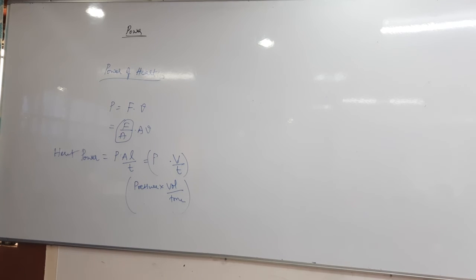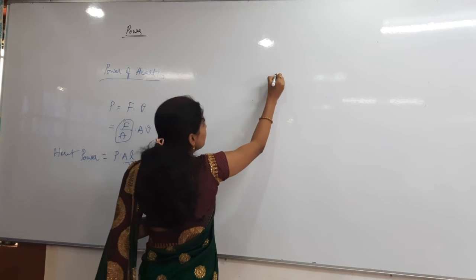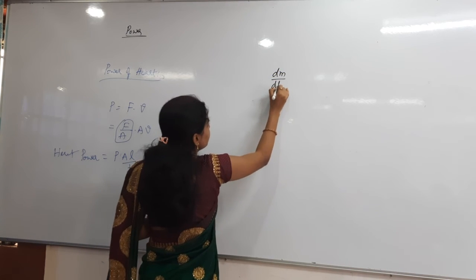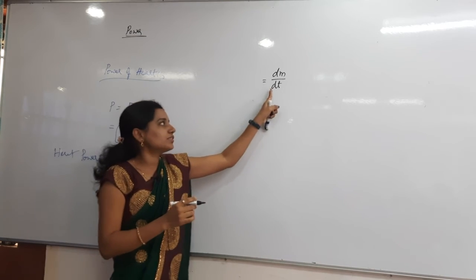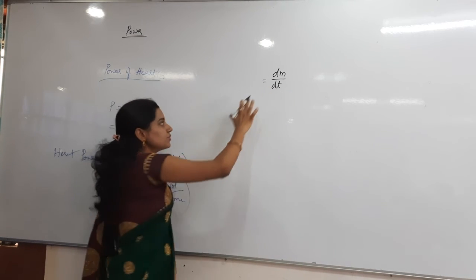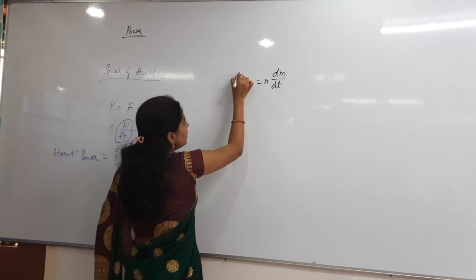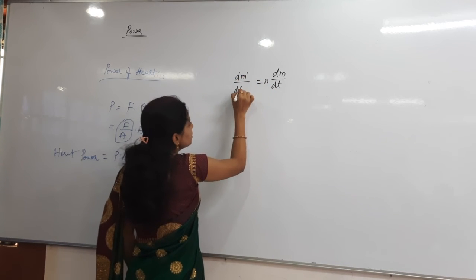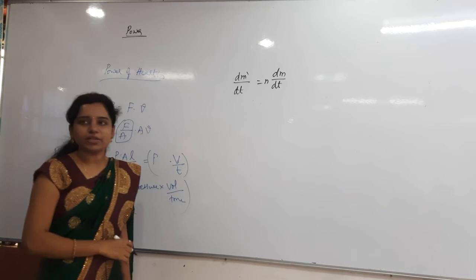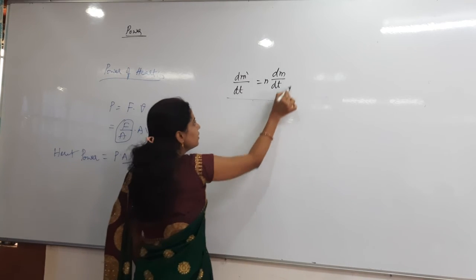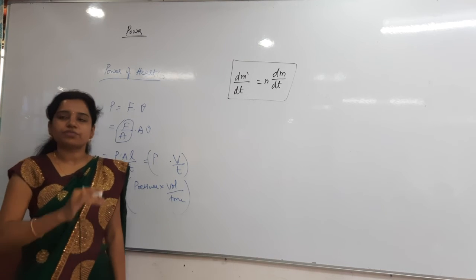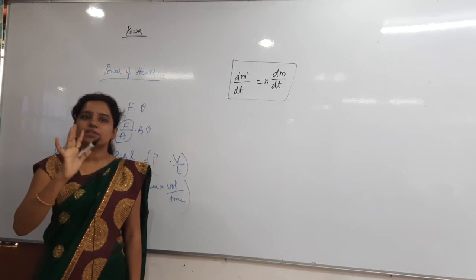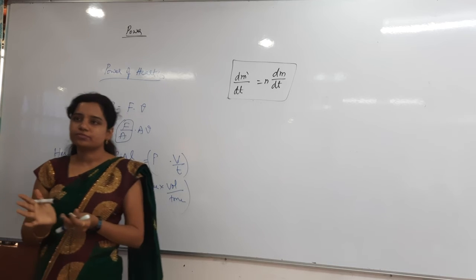The first logic I will tell you, and then you have to do the problem. First, they are saying the amount of water is how much? dm by dt it is giving. Finally what you have to do? You have to increase this how many times? n times. So finally dm dash by dt is equal to how much? Nothing but n into dm by dt. This is the relation between the rates of mass. Then after that they are asking first of all velocity, then force, then power. Calculate that.